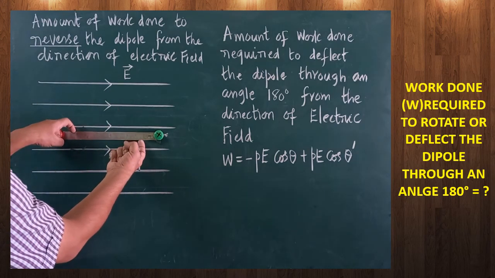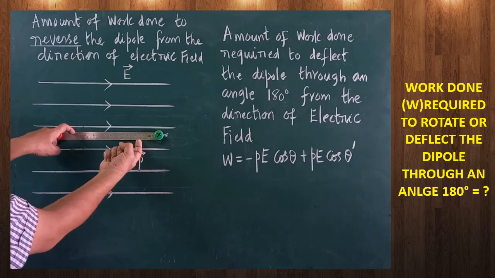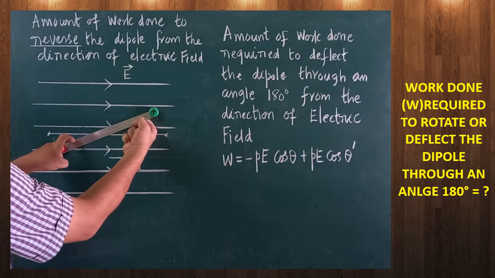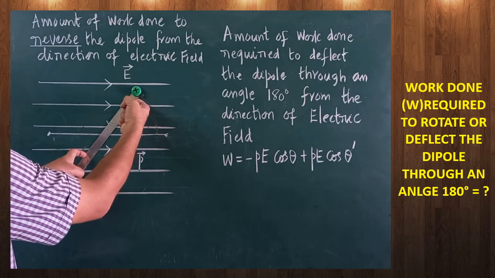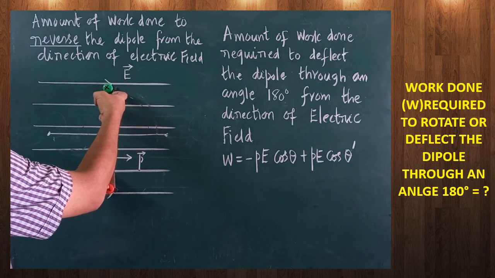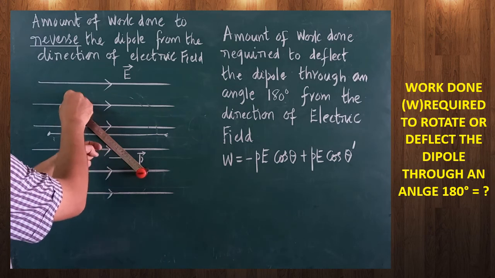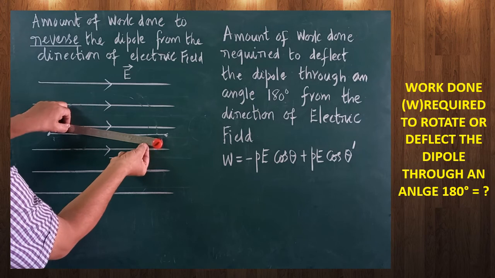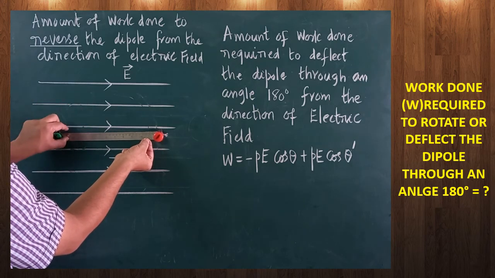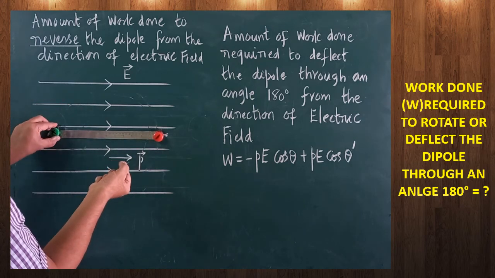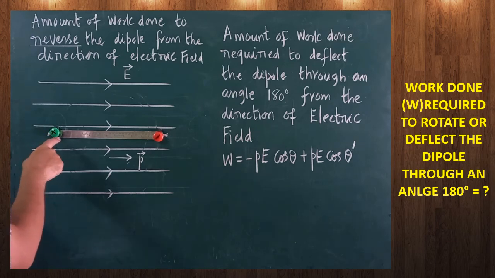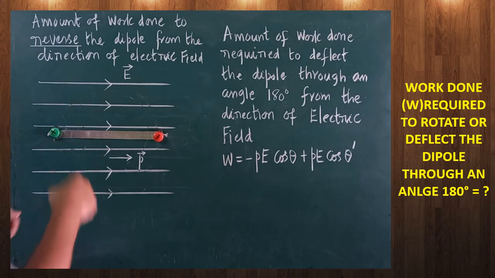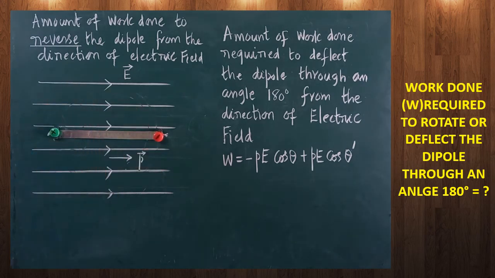Look at that, how I am rotating. To rotate this, what is required? Some amount of work is required. Slowly, you rotate this one. So this is the method of reversing the orientation of the dipole. So it is oriented in the reverse direction. Now here plus Q is there, here minus Q is there. To rotate it through an angle of 180 degree, just to reverse the dipole, some amount of work must be done.